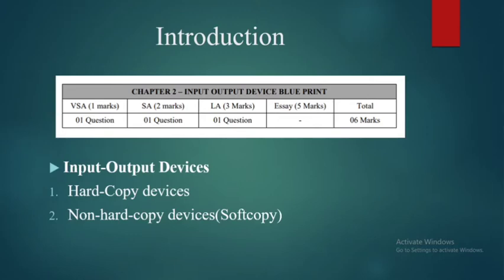So easily to say, now you take a printout of the notes and read, that is related to hard copy, because that information has been produced on some paper or even in the permanent form. Okay, so when you are reading that PDF in your mobiles or laptop, that will be considered as what? Soft copy. Okay, so this is brief introduction about what is input and output devices, why it is necessary.